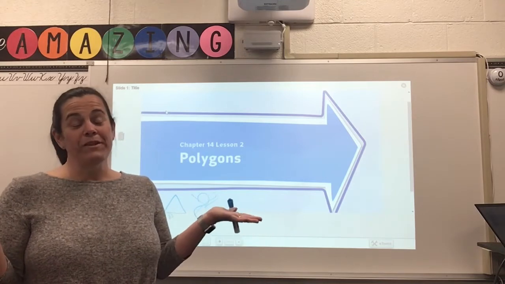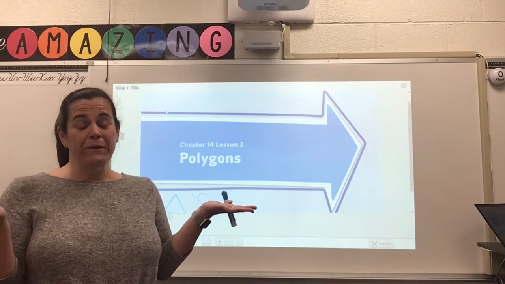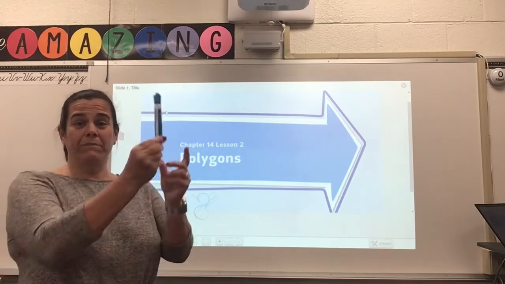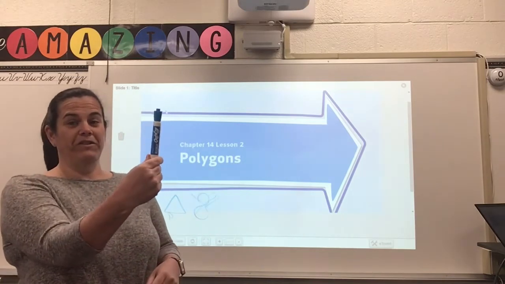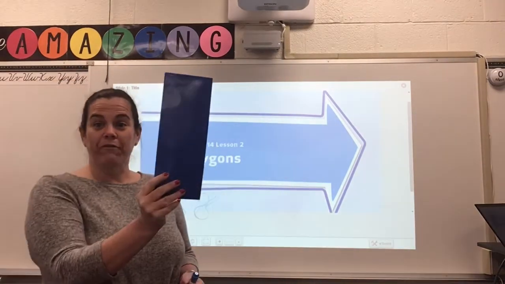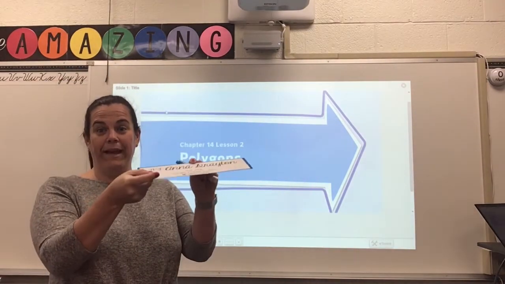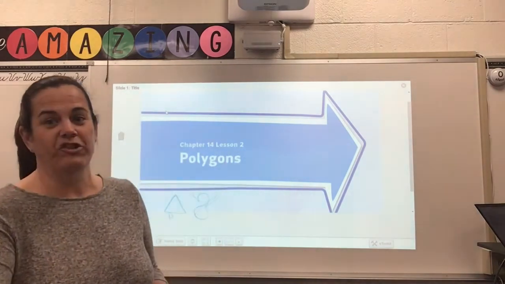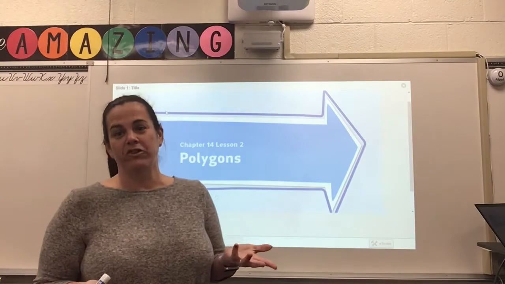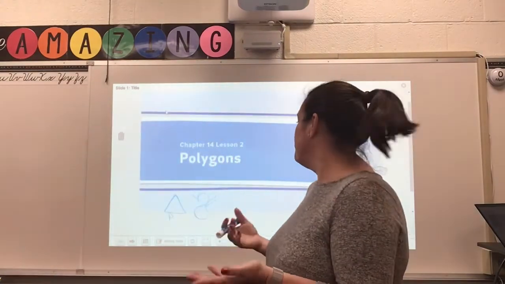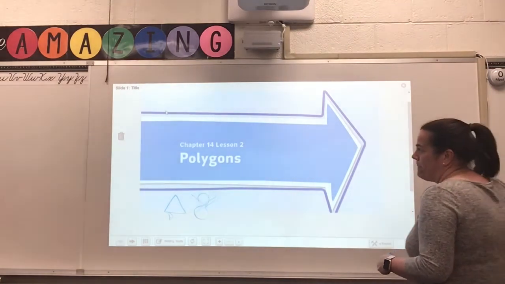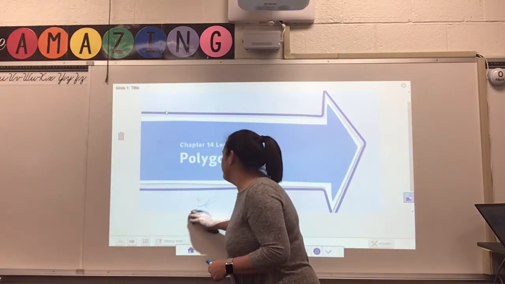So if that helps you to remember the difference between two-dimensional and three-dimensional, this marker is three-dimensional. It can't go through the laminator. But this piece of paper can get laminated. It's only two-dimensional. So a shape or a polygon is two-dimensional. It can be run through a laminator. So if that's a way that helps you remember, then